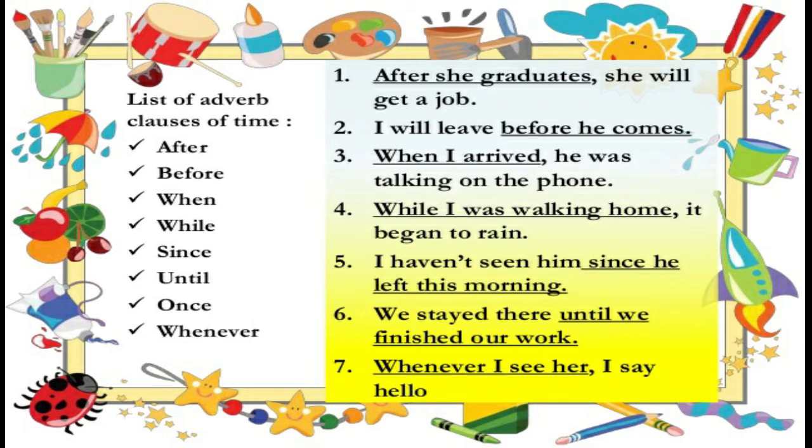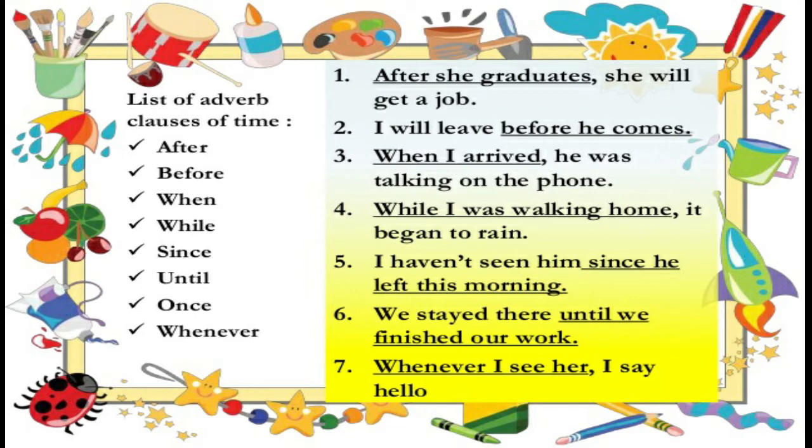Since he left this morning is an adverbial clause. And the next one, we stayed there until we finished our work. We stayed there is the main clause. Until we finished our work is the subordinate clause. Whenever I see her, I say hello. Whenever I see her is an